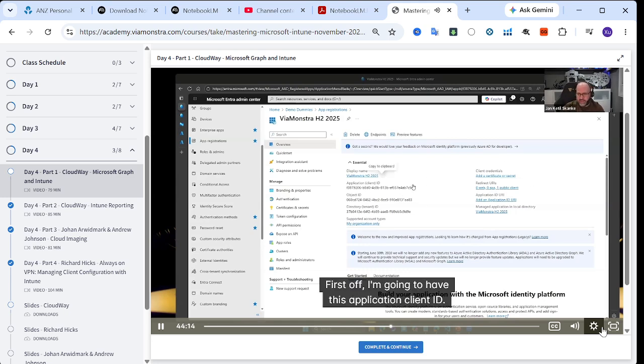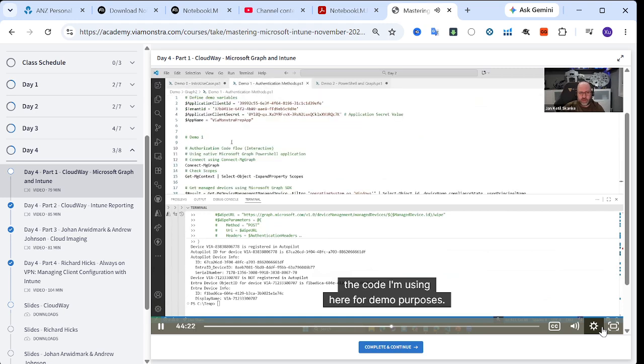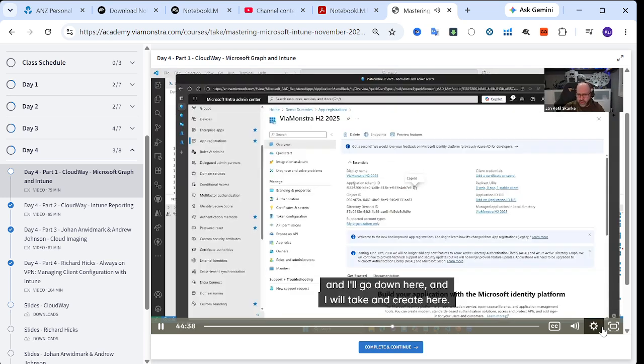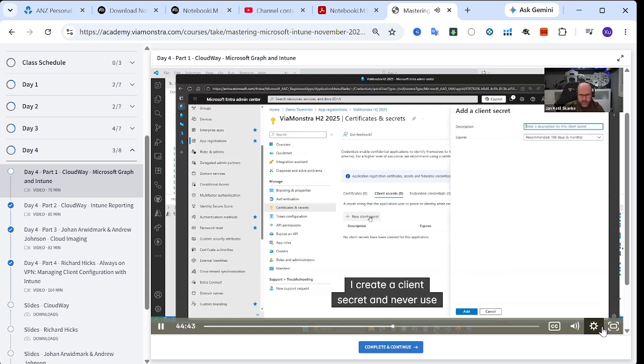First off, I'm going to take this application client ID into my code, the code I'm using here for demo purposes. But this is an application I use just for testing. I need to have this application ID. This is my tenant. And I also need to have a secret for some of this. So I'll go down here and create a secret. You can create a secret. I create a client secret,